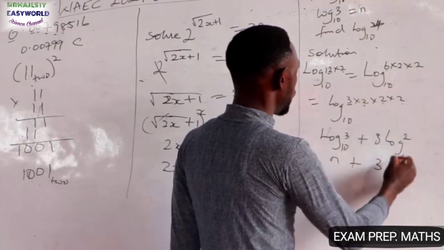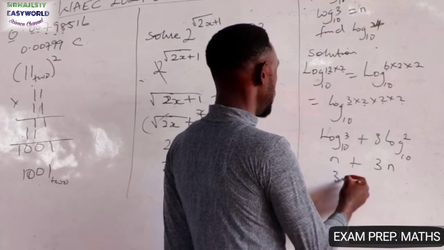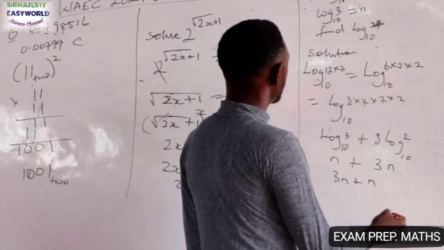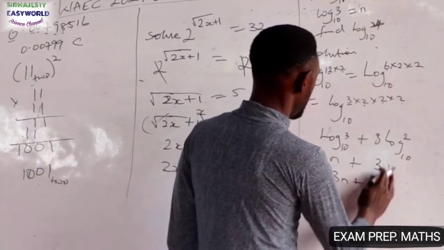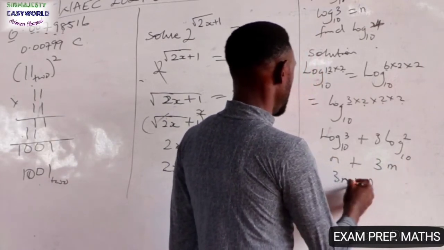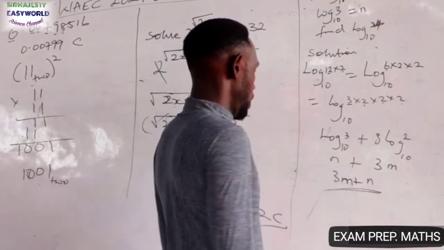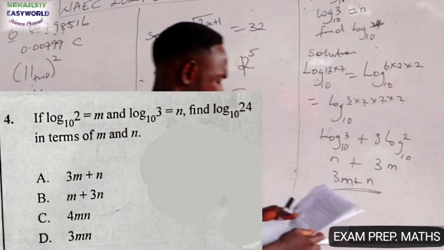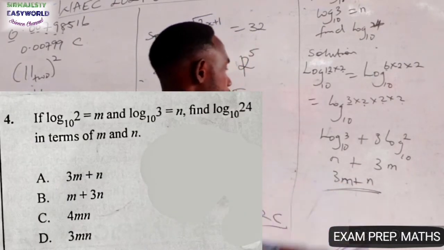Anywhere you see log 2, replace it with n. So at the end, we have 3n plus, yes, 3m, sorry, 3n plus m. If you check the option, I think option A, yeah, have it, 3n plus m, that